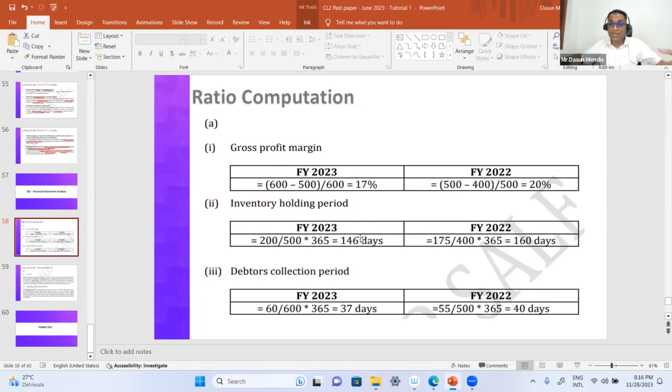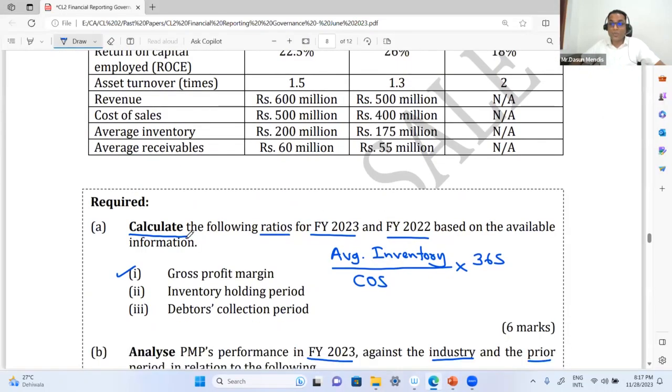Because you reduce your working capital tied up in inventory. As I mentioned, having more and more inventory days means what? There can be inventory write-offs. There can be inventory obsolescence situations. So it's a good sign. Your inventory holding period has come down. But you don't need to interpret here, right? So in the exam, don't waste time. Here the examiner is asking you just to calculate. But as an additional thing, I'm doing the interpretation. But that is not required in the exam. Just do the computation, calculation.